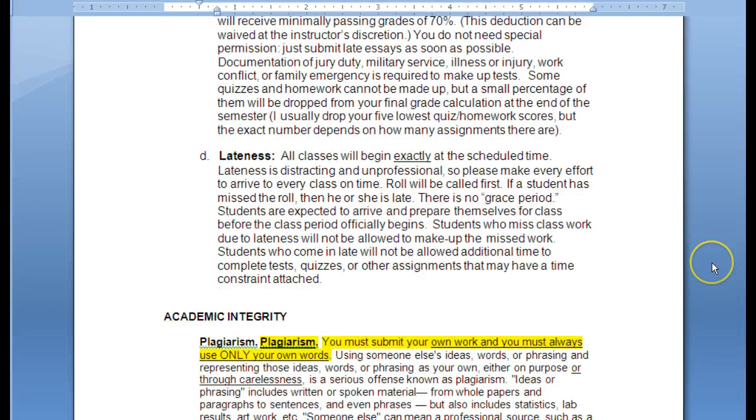Lateness really has the same effect on your grade as absence. If you're late very often, you're going to be missing information, and it's going to take a toll on your ability to do the class well. So make sure you are on time. If you do happen to be late, please be quiet, take a seat. If the students are busily working on something, please quietly come see me to find out what you should be doing.